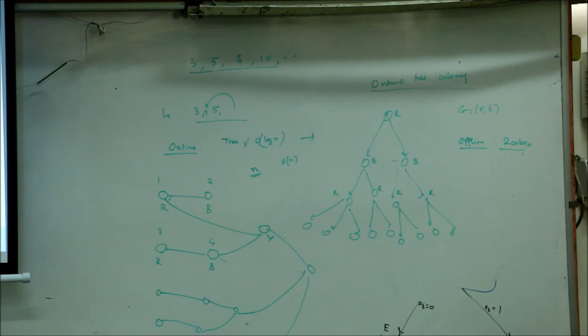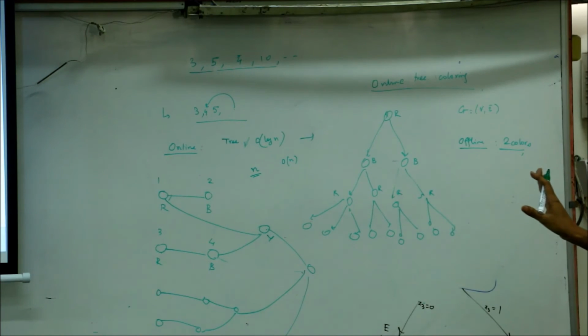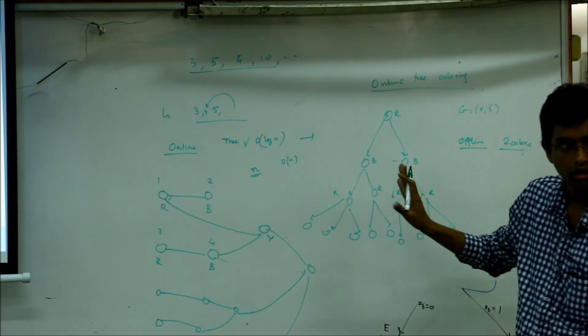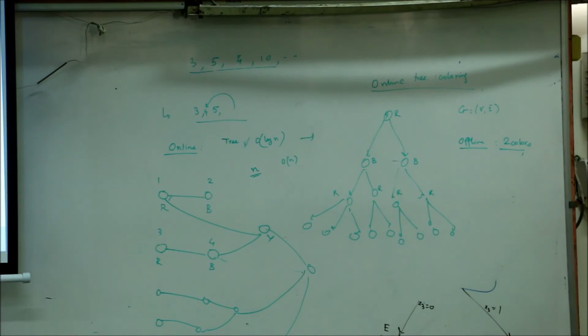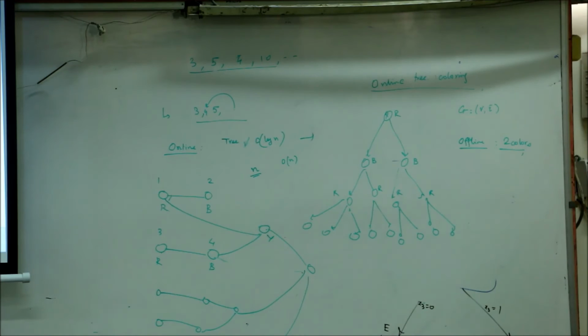But the problem here is that you will be changing colors of a lot of vertices, which is not allowed in the online version. So the objective here is that you have some bound on the number of vertices whose color you can change, and with that bound, whether you can get a constant factor. This is not an open problem; there is already a solution. The lower bound is already known to be log n. But the question is given the opportunity to change the colors of a constant fraction.